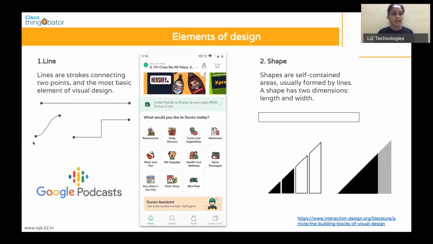So there is an organic line and there's a geometric line. Geometric is with angles and organic is mostly like a curve or a smoother line. So I have put in an example here to understand why even a line is important in designing a graphical user interface. If you carefully look at this, this is an example of today's Dunzo app, where you